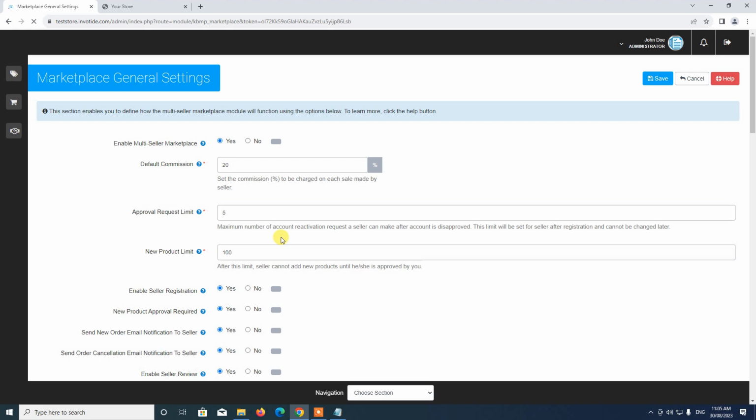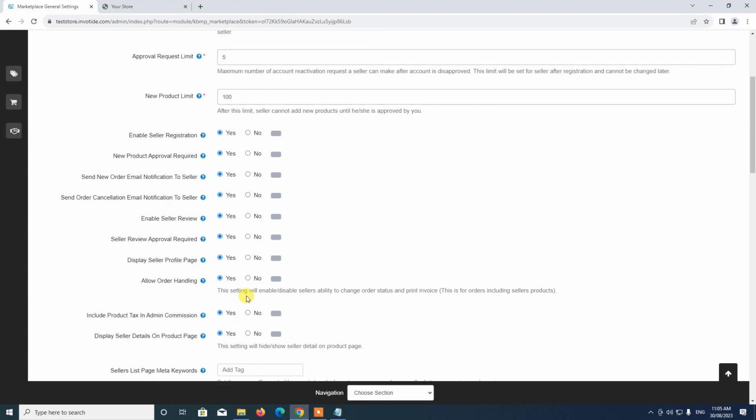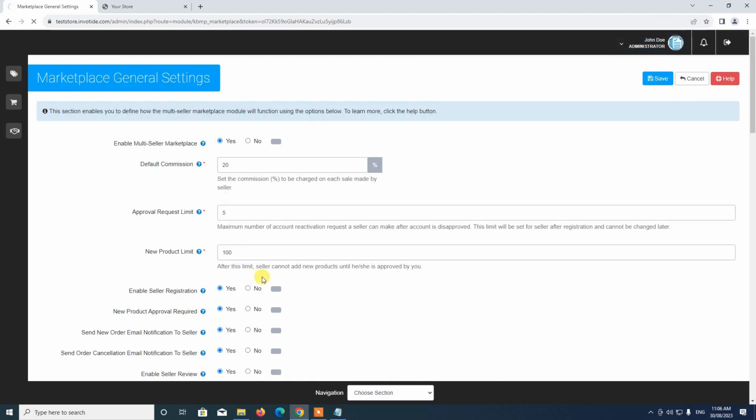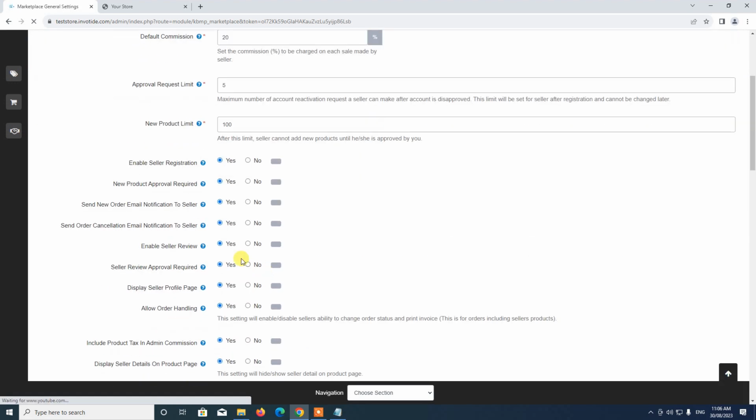So for us to confirm if the option to enable sellers to manage orders is active, in the general settings section, we scroll down to the option that says allow order handling. If this is set to yes, what this means is that sellers will be able to change the order status for orders that have been made for their product. So let's go ahead and make sure that this is set as yes, and then save it again. So now that we've confirmed that the